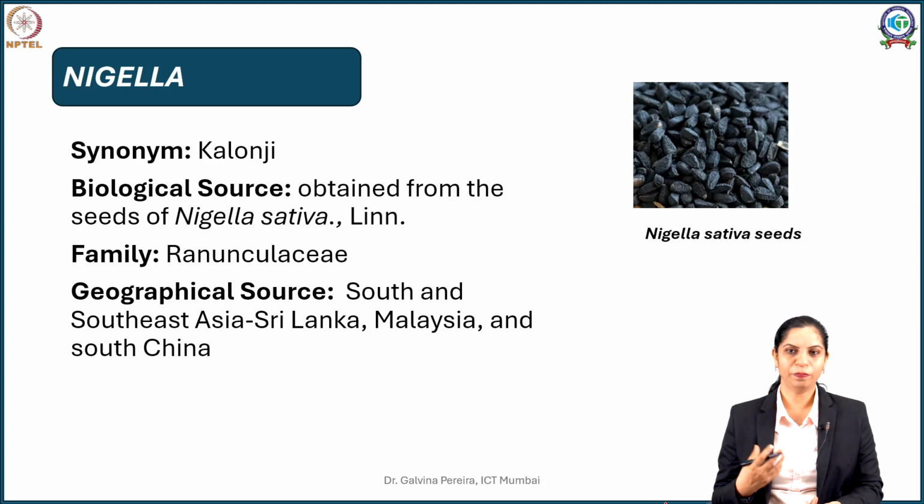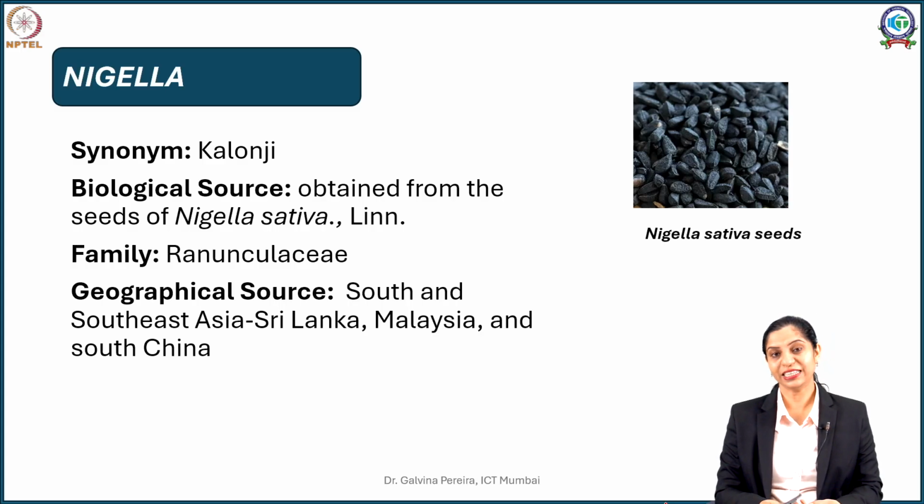Now, this is also a plant which is harvested generally during the spring season, and within 90 to 120 days your crop is ready. These beautiful black seeds are located in the capsules of the plant. So this plant after harvesting is threshed to break the capsules, and the breaking of the capsule releases the seeds. The seeds are collected, all the chaff is blown, and then what you get is Nigella or the kalonji seeds.